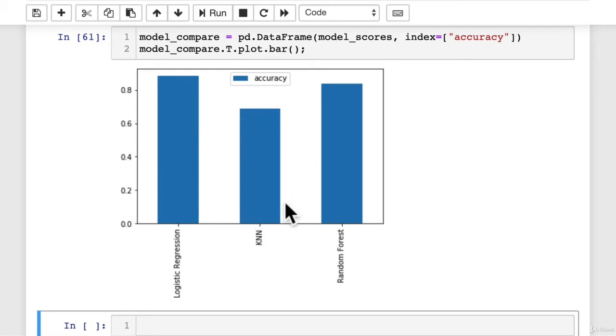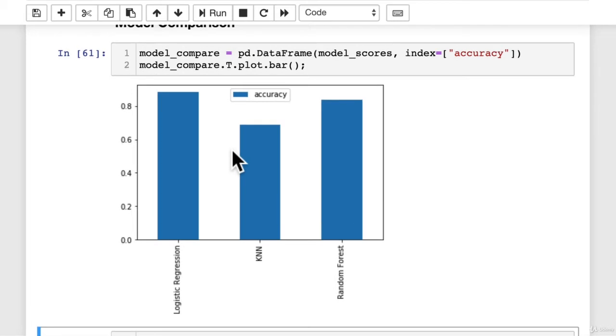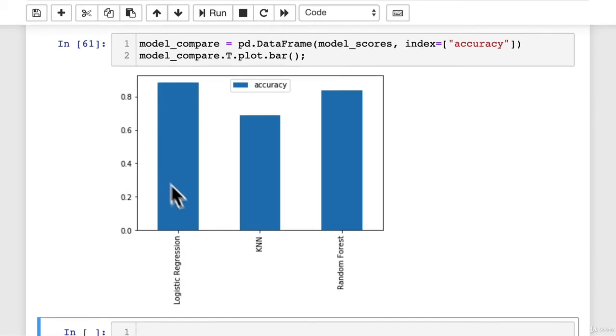So once we've got this graph, this might be something that we can take to the boss or one of our colleagues and say, hey, look at this. We've built a machine learning model, a beautiful logistic regression model, and it's performed the best. So we're going to use the logistic regression model in practice. And so you might go, I found it. And your boss is like, nice one. What did you find? And then you're like, well, the best algorithm for predicting heart disease is logistic regression. And then she might say something like,